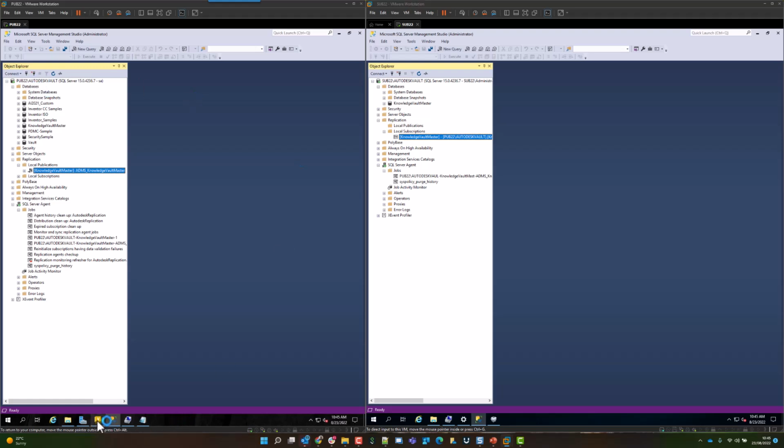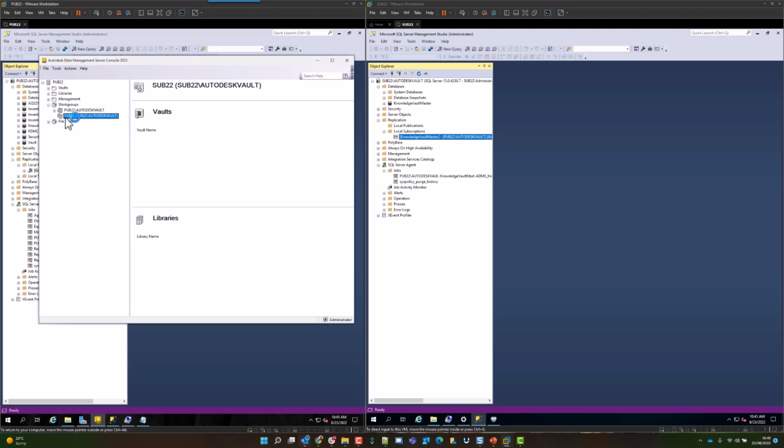In the ADMS console connected to the publisher, we can right click here and say manage replication. You'll notice that there are some other options here as well. We've got delete workgroup. I can click that. Nothing's going to happen